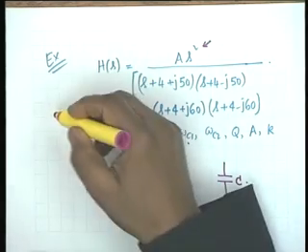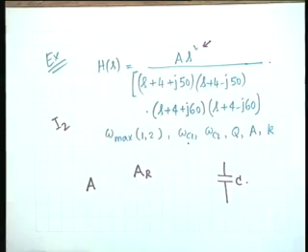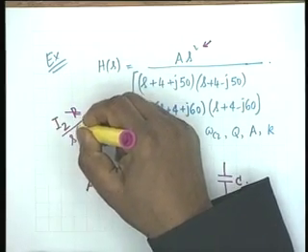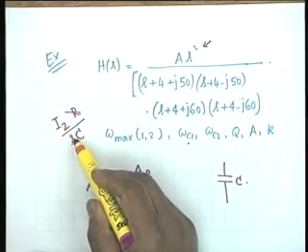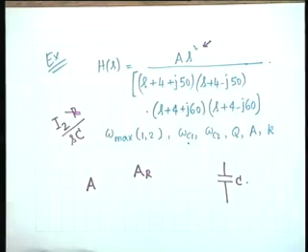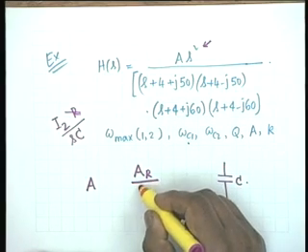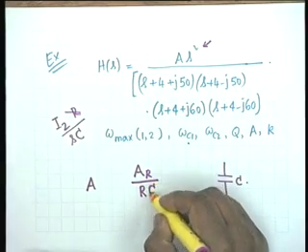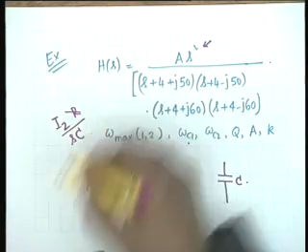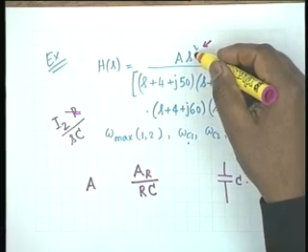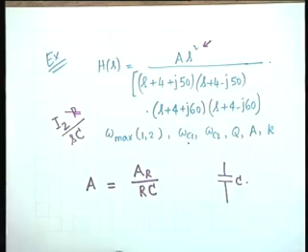If you recall, the output is I2 multiplied by R in the previous case, and in this case it is I2 divided by SC. This S makes the power of S 2 here, and the constant would be, I have to divide by R and divide by C. There is a C in the denominator here. I2 by SC means that I have to divide by R, divide by C and divide by S. Divide by S takes care of S squared. That is how we find out the new A.